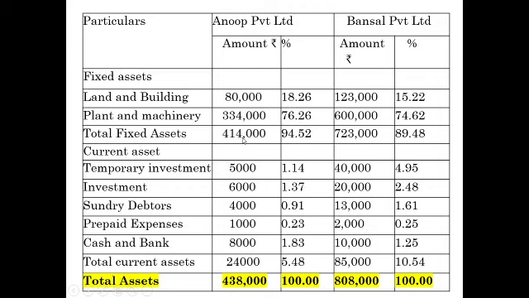So total fixed assets 4,14,000. So the proportionate percentage is 94%. Next, temporary investment 5,000. In terms of percentage, it is nearly